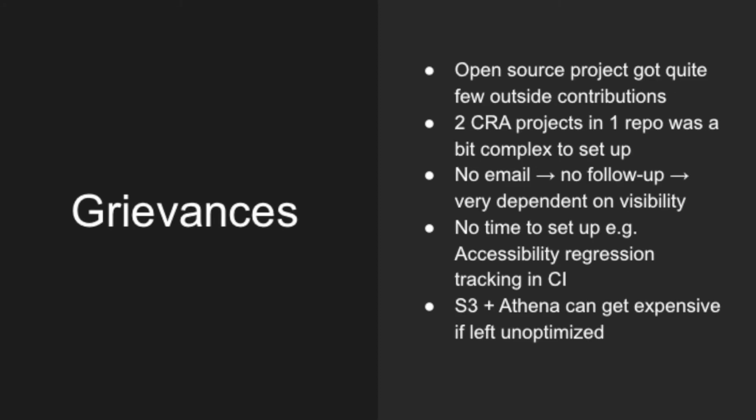Then some things that I'm not totally happy about. The build it and they will come thing really applies to open source. You think you've made something cool, so surely others want to contribute as well. But of course, what you usually get is either nothing, or at best, you get some people opening issues to complain. This wasn't really news to me as I've been an open source maintainer for a while,